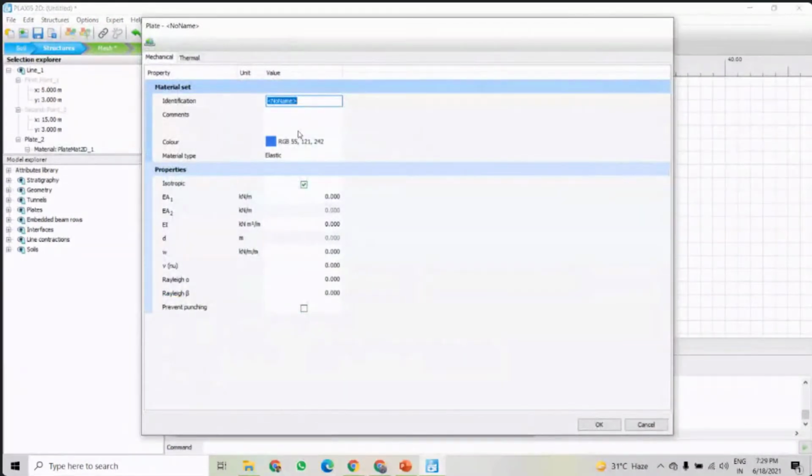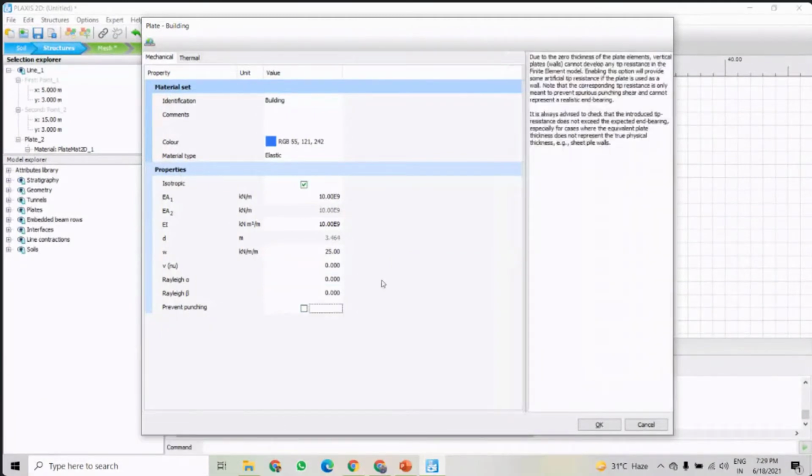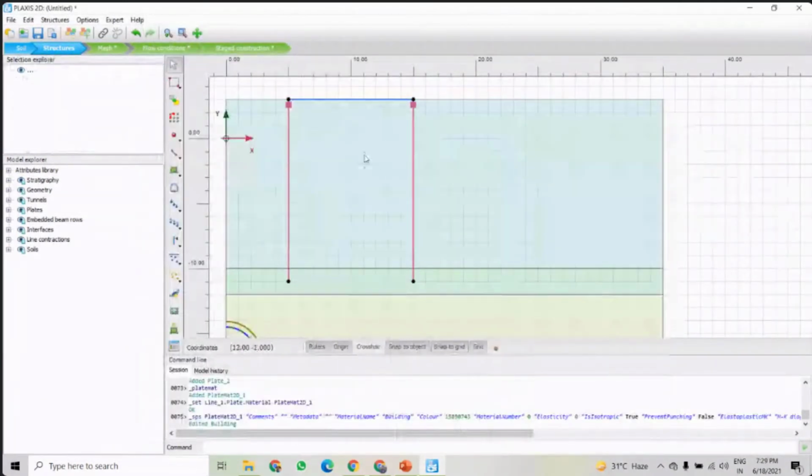So that property is the building, right? And the properties will be 1 E10, then this will be 1 E10, weight will be 25 and nu is 0. Okay, so now this is done.